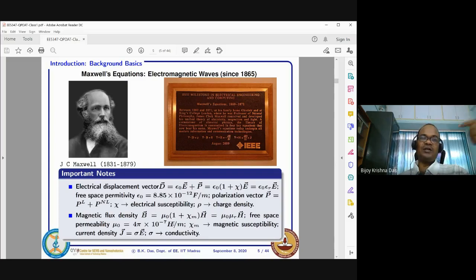If there is a current, you can say how much energy is stored. Suppose in a coil a current I flows, and depending on the coil properties we define the inductance L. Then the energy is half L I squared. You know that. So what I'm saying is that even if it is free space or a material medium, you can make some analogy with circuit elements, inductor, capacitor, everything.